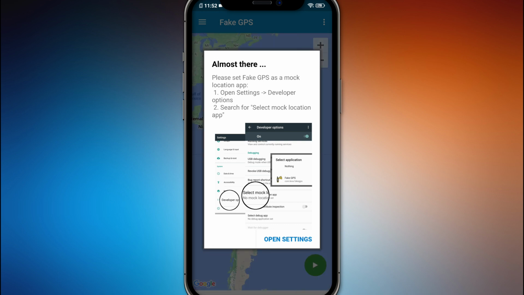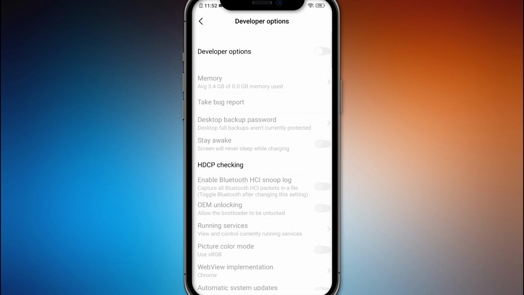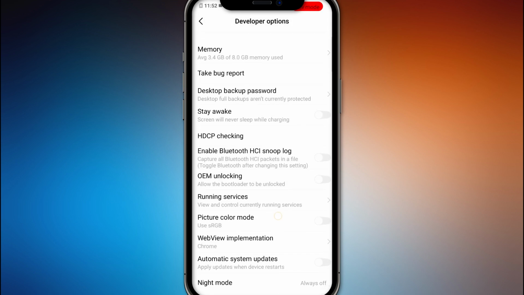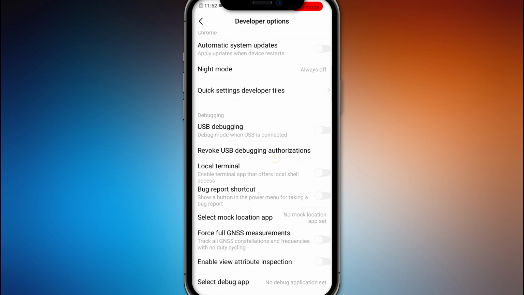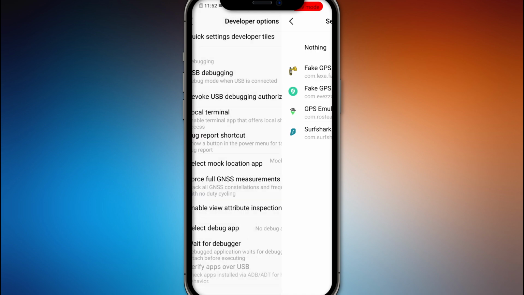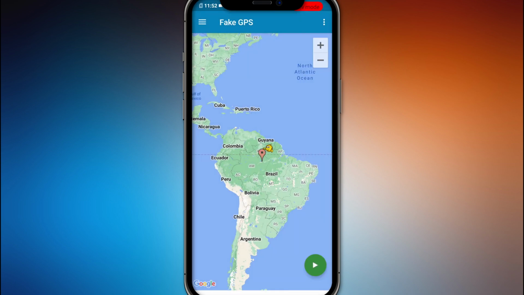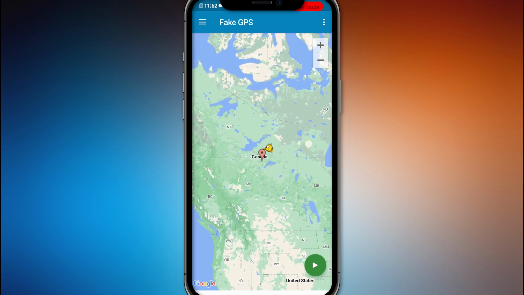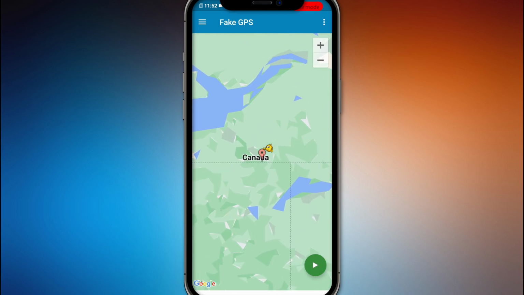So you need to turn on your developer mode. Click on open settings, turn on your developer mode, click OK. Scroll down and you need to change your mock location to fake GPS. So now it is set on fake GPS. I'll come back and now I'll change my location to, let's say, Canada. Simply zoom in for better accuracy